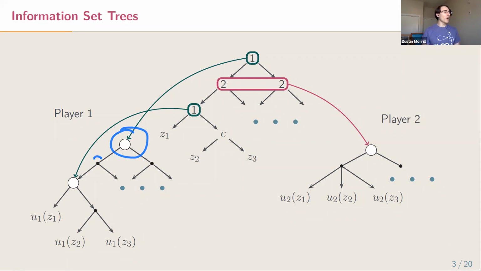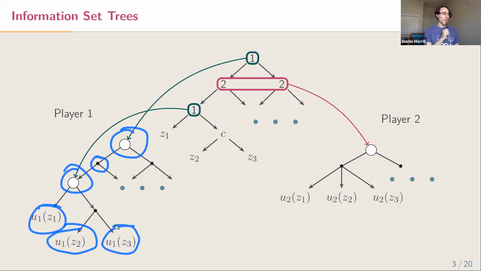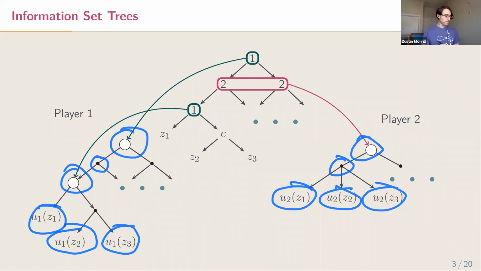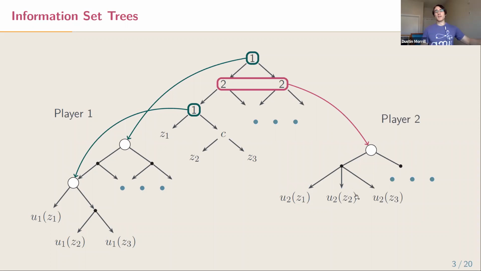Then there's some outcome determined by external factors. And then player 1 acts again. And then one of 3 outcomes occur where they get some utility according to the utility function U1. On player 2's side, we can see that player 2 just takes one action. They see some other observation, and they end up receiving some payoff at the end of the game. All right, so we're going to make use of this kind of information set tree representation of the game from here on out.